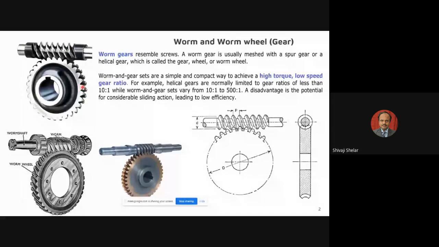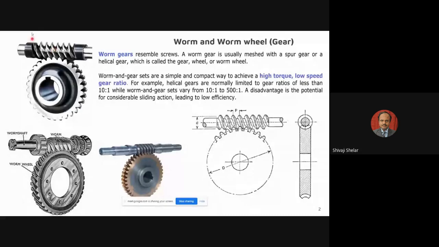Now let's understand what is meant by worm. A worm is basically a screw cut on a cylindrical element and it can have a number of starts. Here I can say this is a multiple start screw. One start is here, another start is here. You can see in the diagram also, there are two starts here. You can magnify on your screen to see these details. Multi-start threads are normally used in the worm. So you can have single start, two start, three start, even quadruple start.